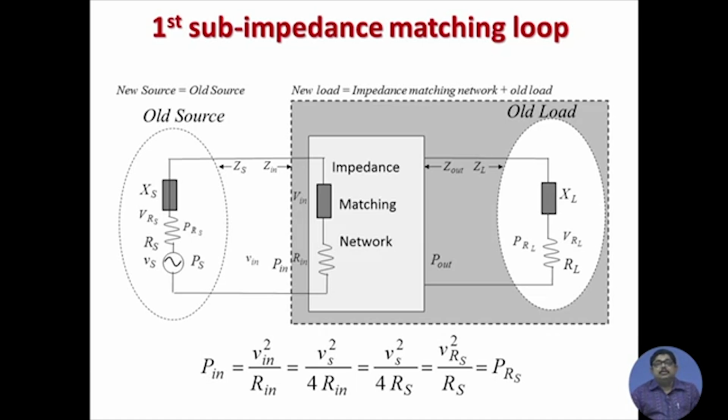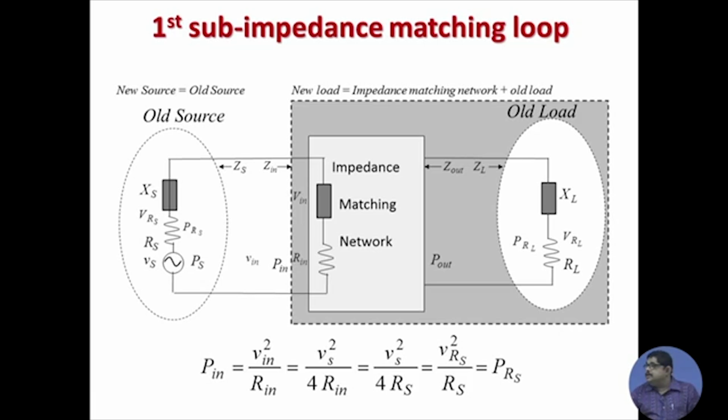But as we have already conjugately matched this source impedance and input impedance of this impedance matching network, there we can use that expression that P in will be